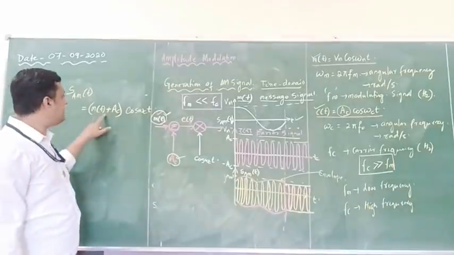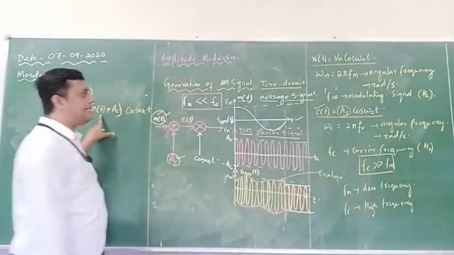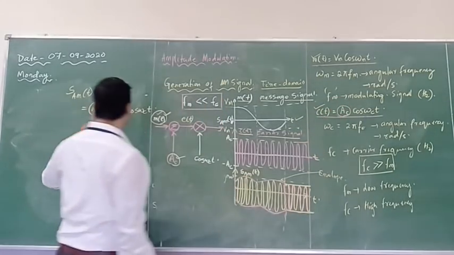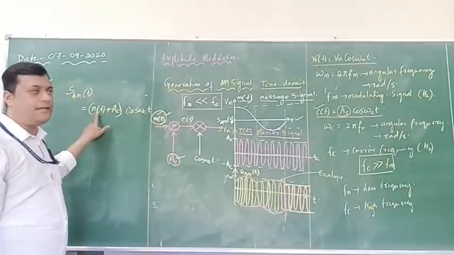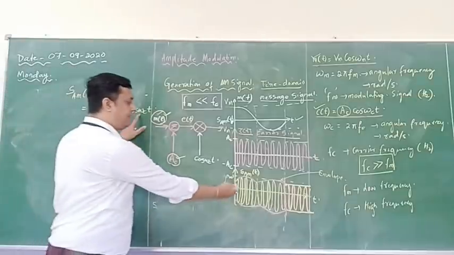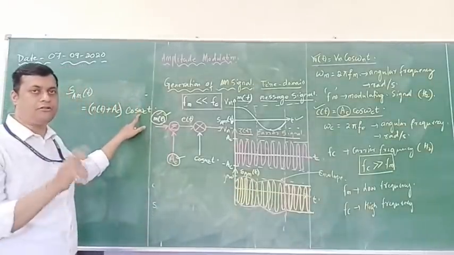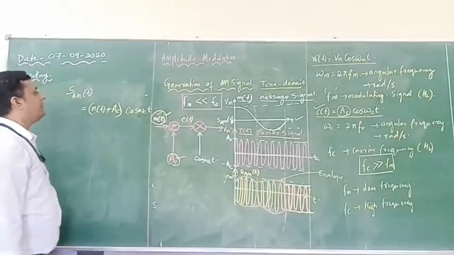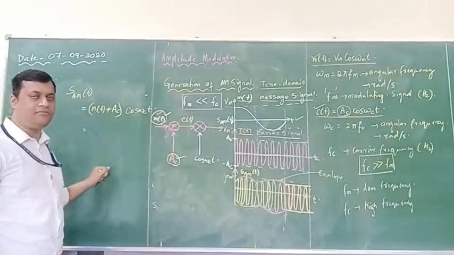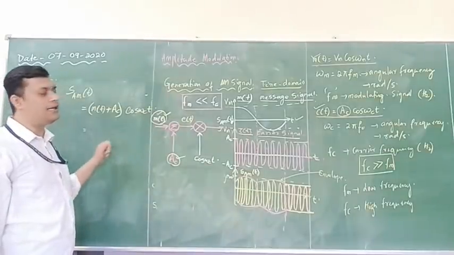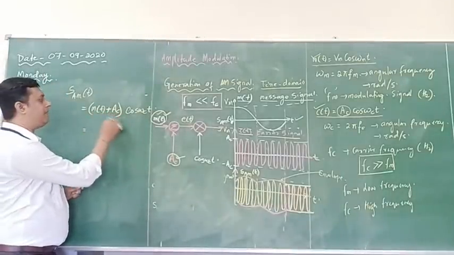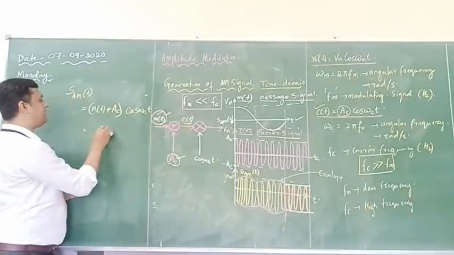Now you can check this modulated signal with the carrier component. Here the carrier amplitude is varied with respect to the modulating signal, but the frequency and phase of the carrier remain the same. Frequency and phase remain constant, but amplitude varies. Since we are doing mathematical analysis, m of t plus AC is called E of t.